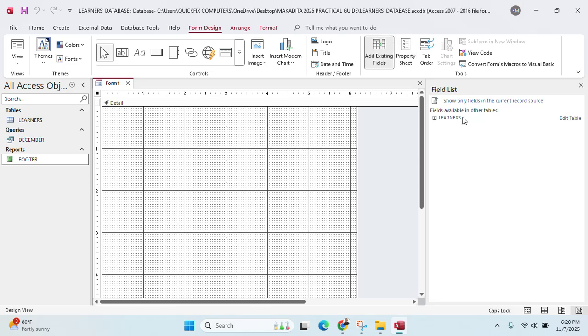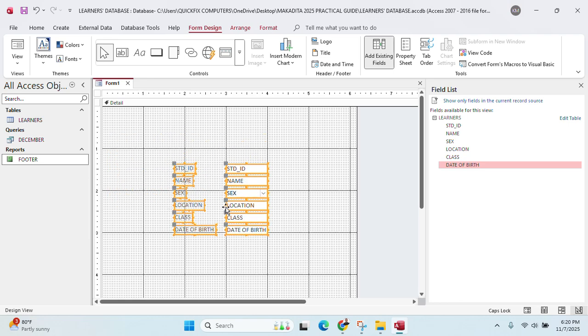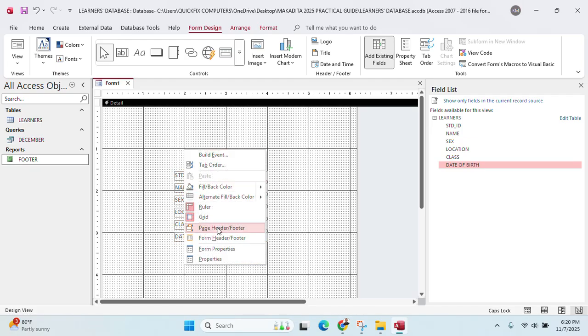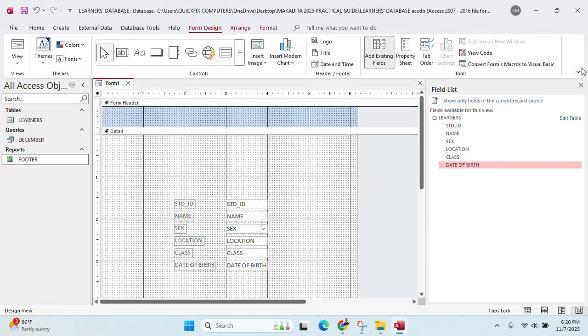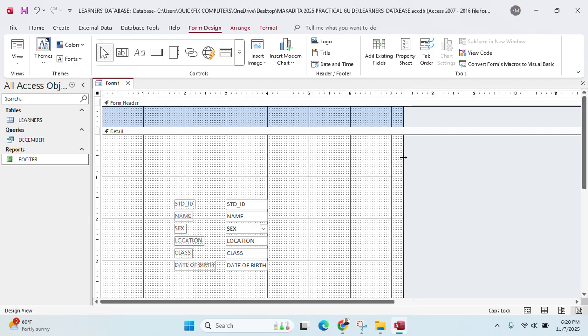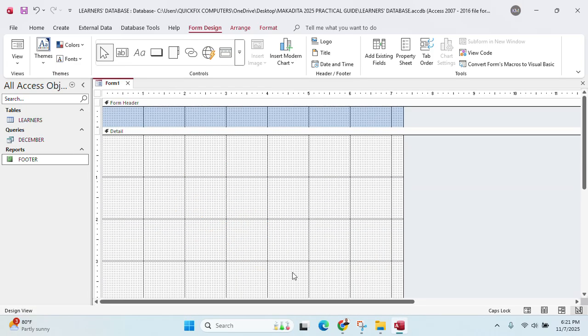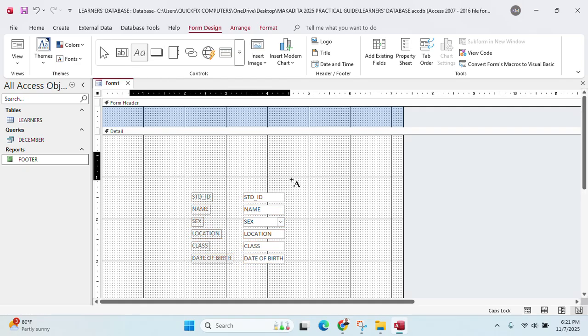Add existing fields, show all tables, learners, then double tap each of the fields. Highlight all of them, move them slightly downwards and in the center. Then right click at it, select form header and footer. So my header will go there and my footer is also visible. I can close this, I can increase the size of the form, and then I can slightly adjust these fields upwards. And then I can add a label on top